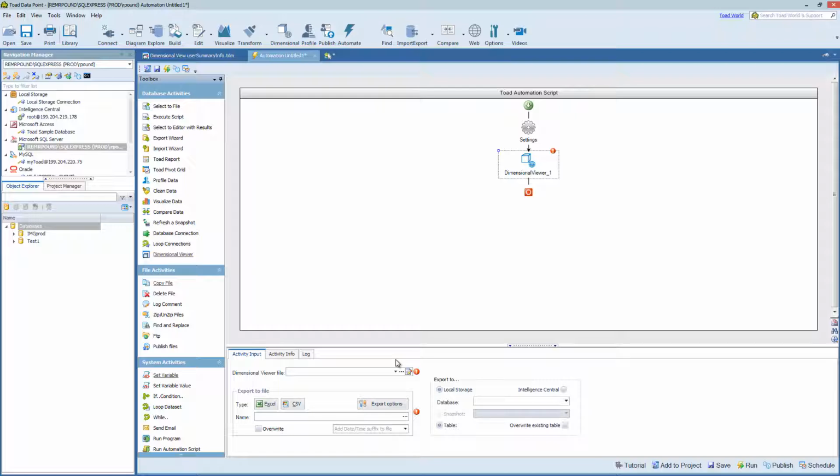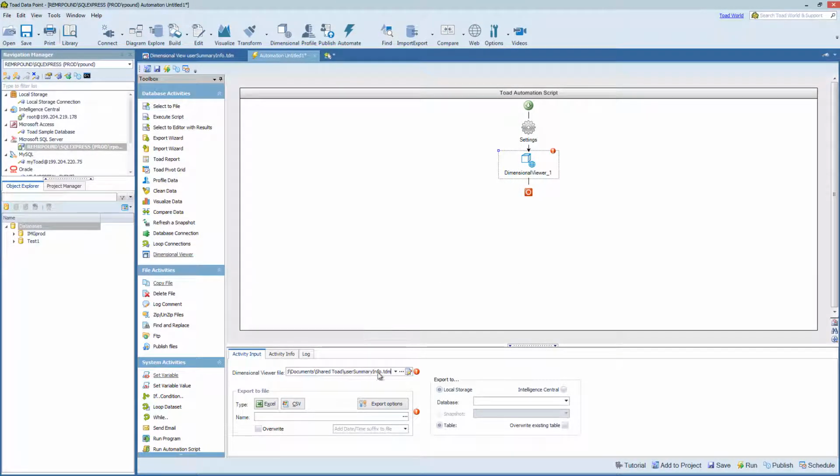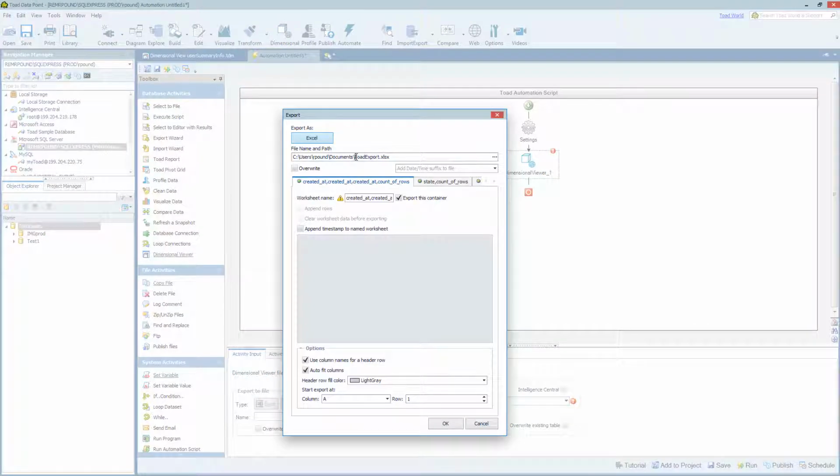And again, we have two options. We can either export the file or we can publish the file to either local storage or Toad Intelligence Central Server. For this video, I'm going to choose the summary information in the dimensional viewer file and choose export. So I will click the export options button. And the only option we have is Excel. So I will choose the dimensional